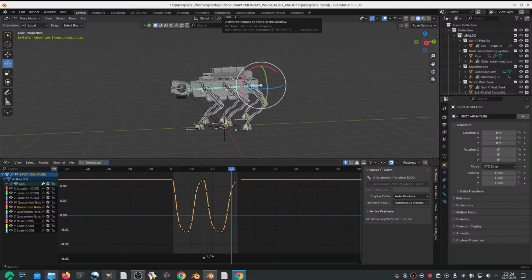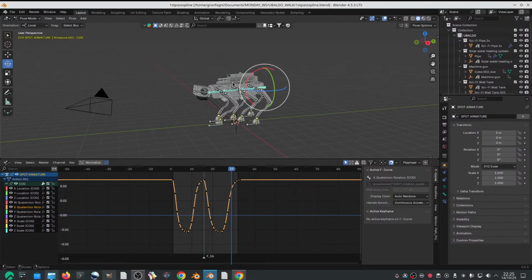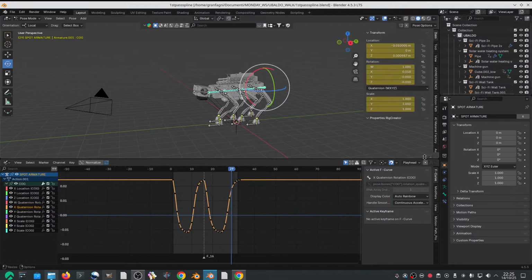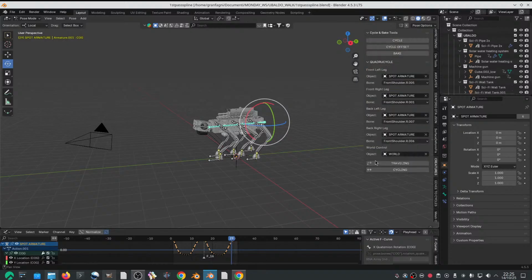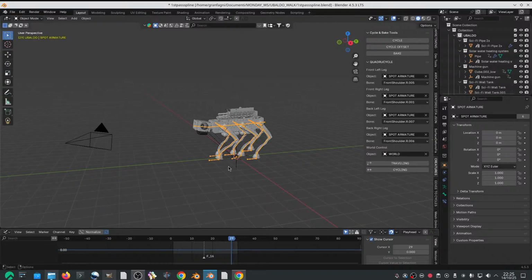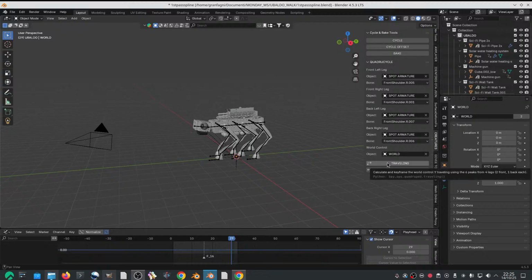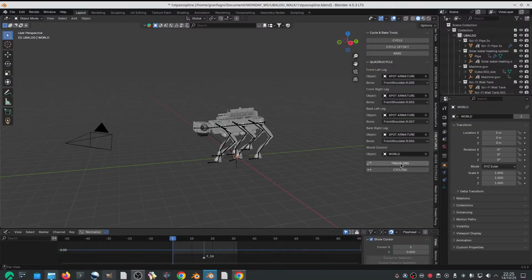What does that mean? Remember, I did the creator thing, and I can just have my rig, so everything is fine. So I do the traveling, okay, and basically